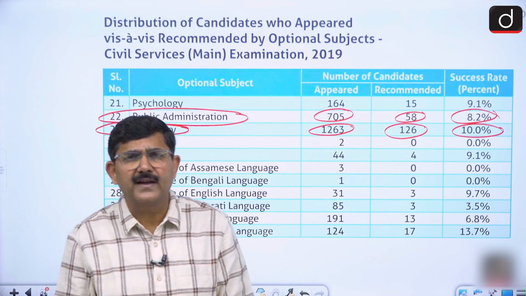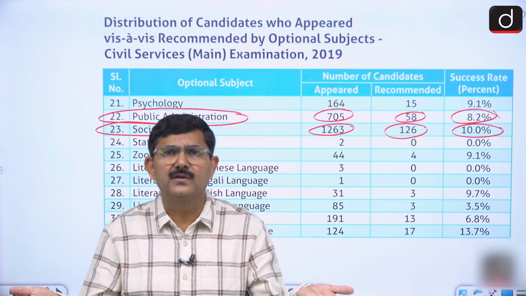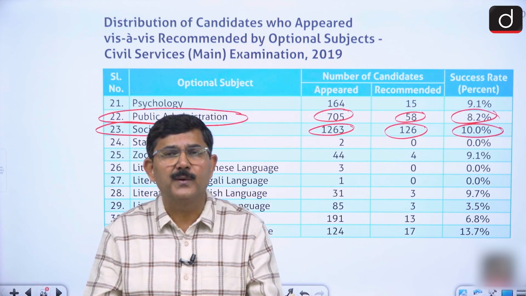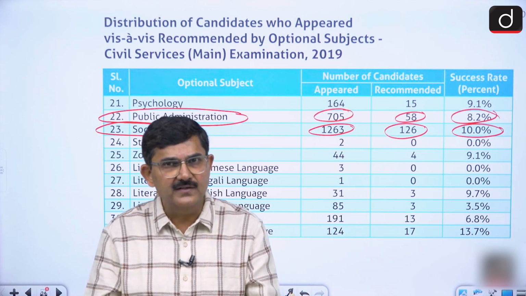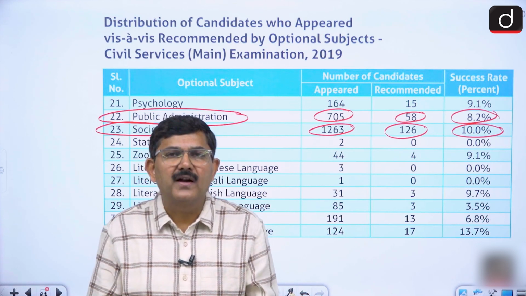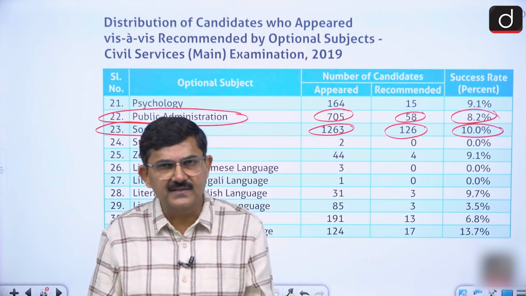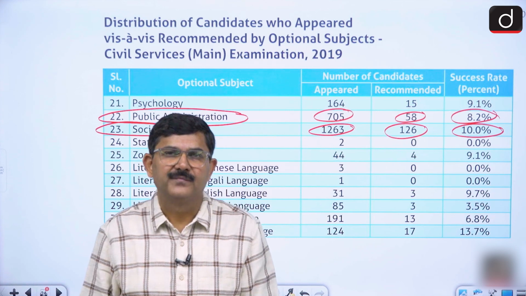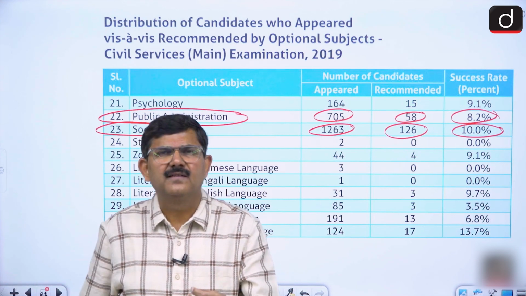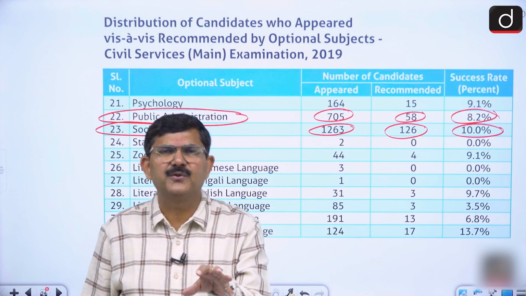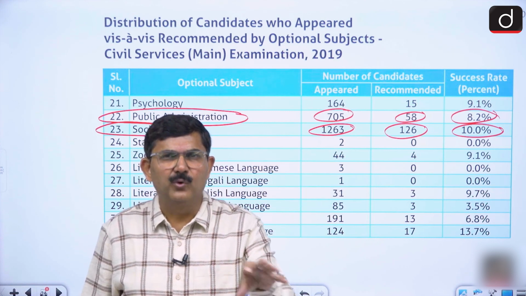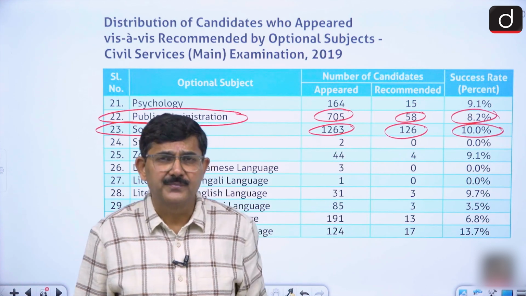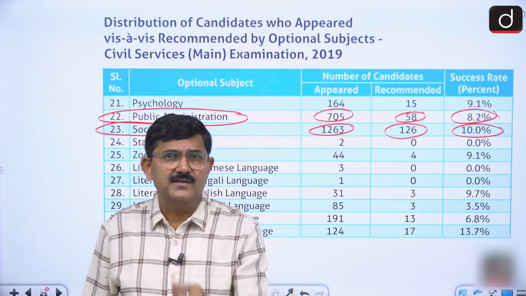In essay, you find in both the 2 parts from which you have to pick one topic to write your essay, in both parts, at least one topic is definitely there from social issues, from sociology, and that's the reason it is really not necessary for you to bother about essay if you have the sociology option. Let me tell you one story.